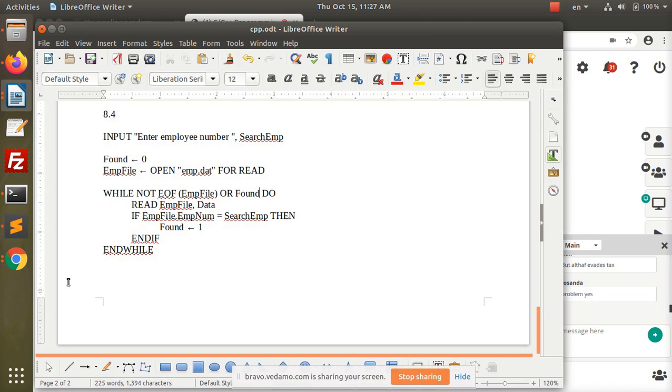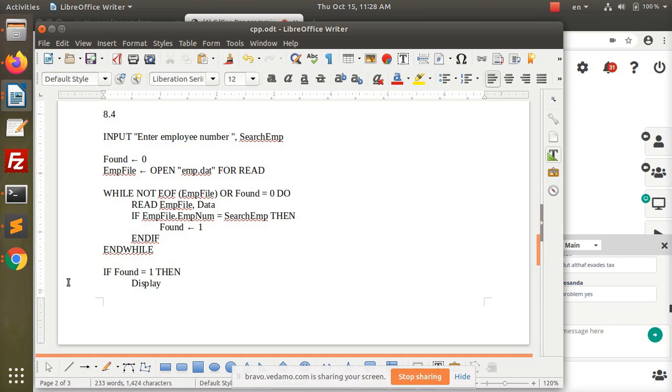So while found is equal to 0, you will continue searching, and once you find it, you come out of that and say if found equals 1, then we will say output it,